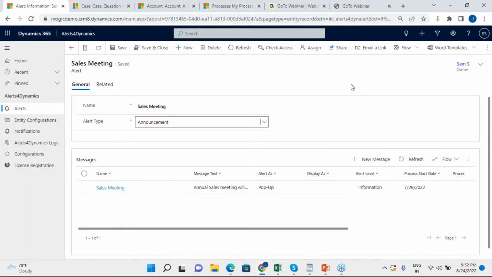Also, this announcement-based alert can be used in different use cases, like a holiday announcement that you want to notify to all the employees in an organization. And if you want to send any particular important piece of information to a particular team, like the sales team, service team or accounts team, you can send those announcement-based alerts to those teams as well. So this is all about how Alerts for Dynamics can really notify the user at the right time